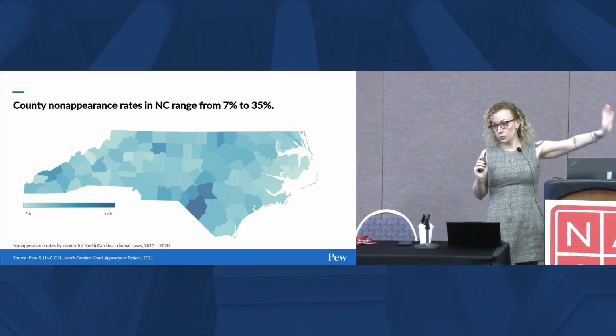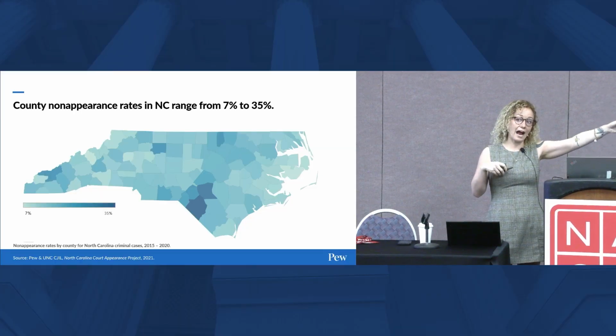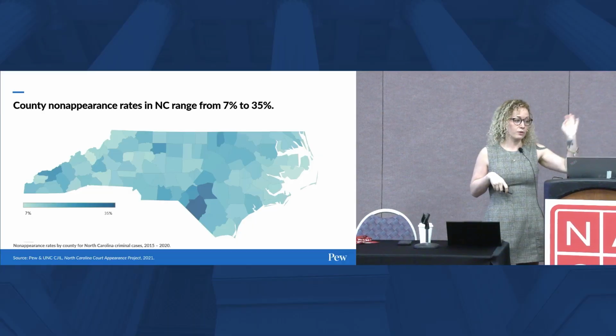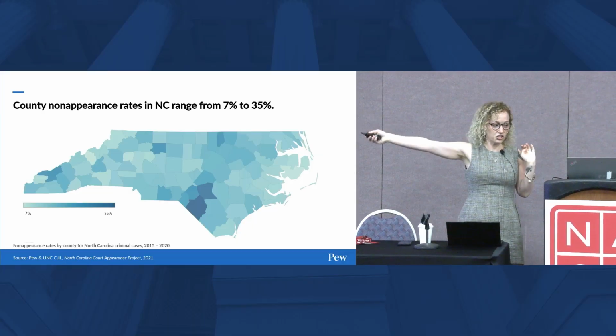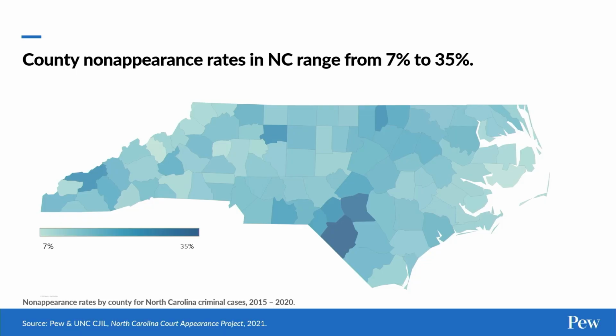On the fewer side of the range, we've got Orange County, which is a much more affluent county in North Carolina. We've got Robeson County down here in the south center area, which is a much more impoverished rural community. But again, even in some of those places that have more money, more infrastructure, and better transit, you've still got 7% of folks who are missing cases. There's still a lot of places to improve. It's not necessarily urban versus rural or impoverished versus affluent. This is a problem across a lot of different places, and even under similar policy structures, there's a lot of variance.